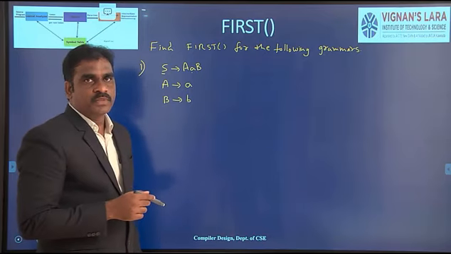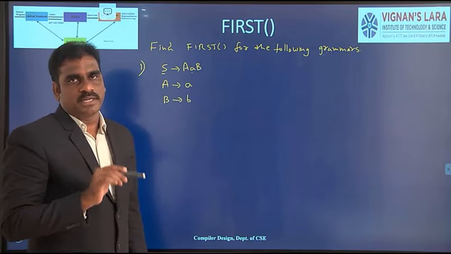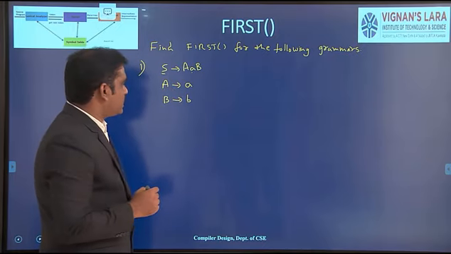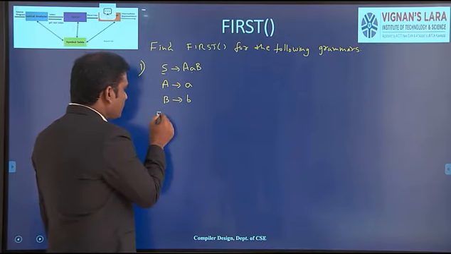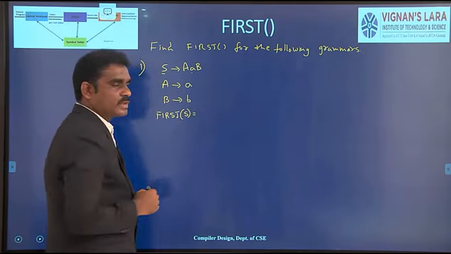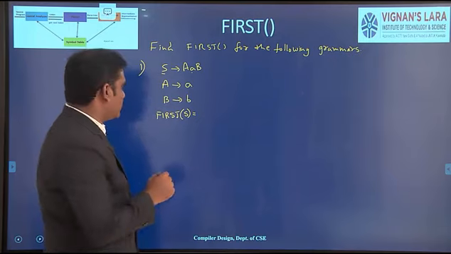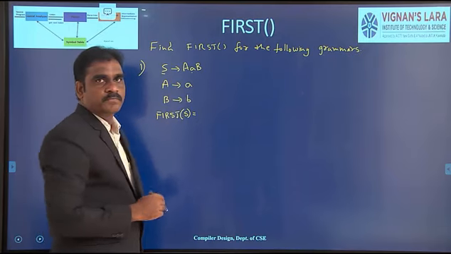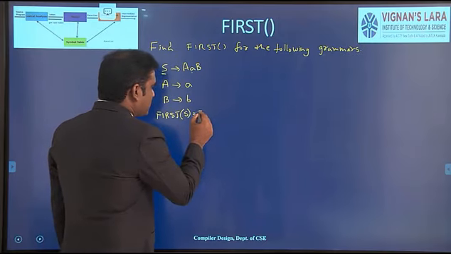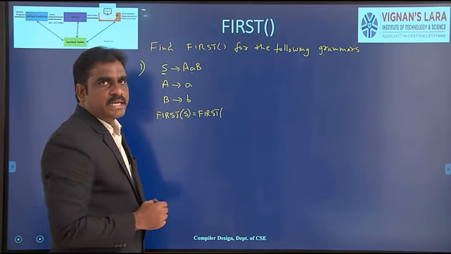Now find first. See, I have already mentioned that first and follow means we have to compute for the non-terminals only. So here we have a total of 3 non-terminals. So first we have to compute first of S, same way first of A and then first of B. Okay, the first production is S to AAB. So what is the result? First of S equal to, find first of the right hand side first symbol.